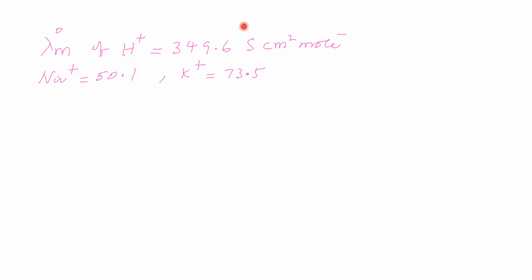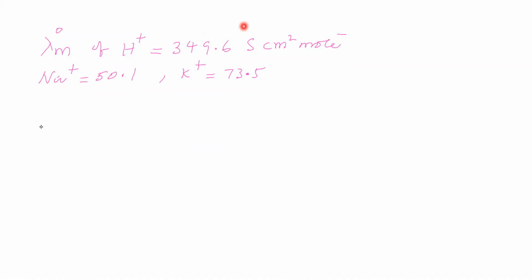The difference is there because the size of Na plus and K plus is different. Extent of hydration is different, extent of solvation is different. So the size of solvated ions are different. Therefore, a difference is there in lambda m naught. But the difference is this much. Will it be a difference this much here? No. It is having a huge value. That means some other concept is contributing to this value. What is that? We'll see.